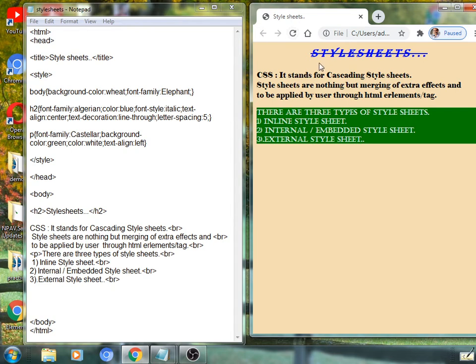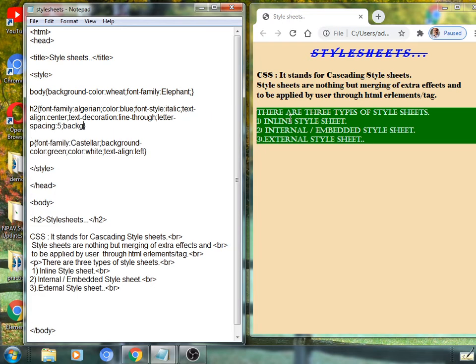Suppose you want to apply a background color for this text, style sheets. Okay, it is possible again. H2 is applied here, so go for H2 and apply a property called background-color.